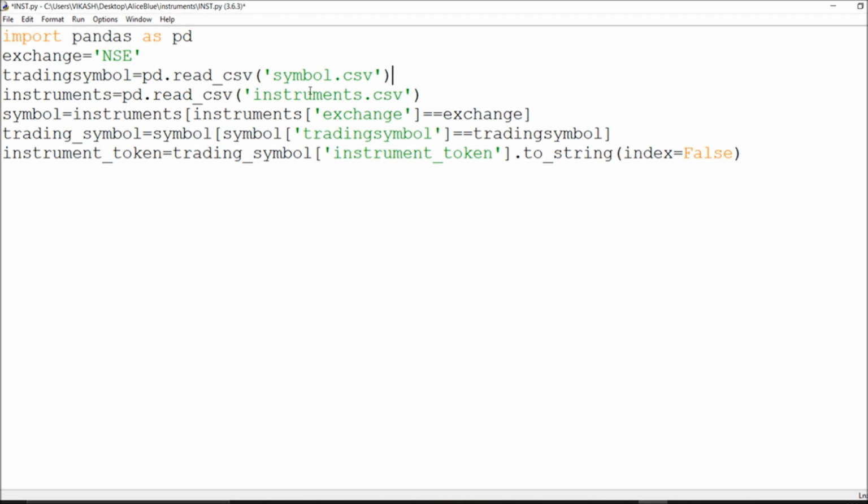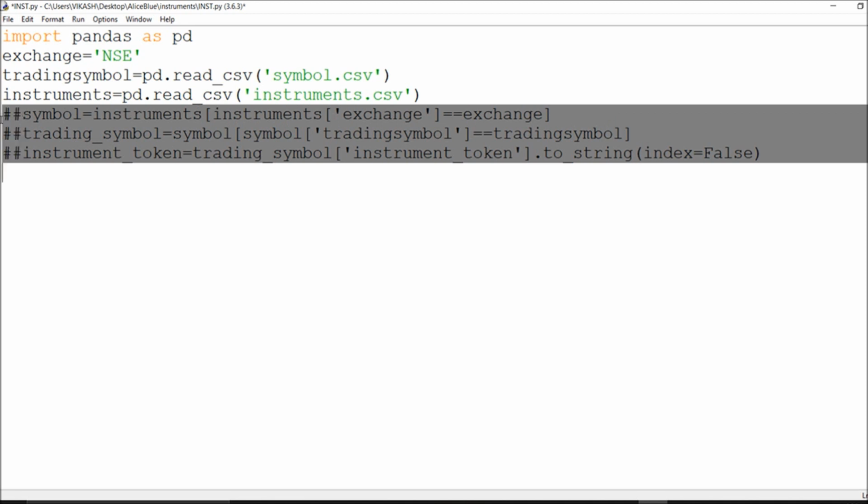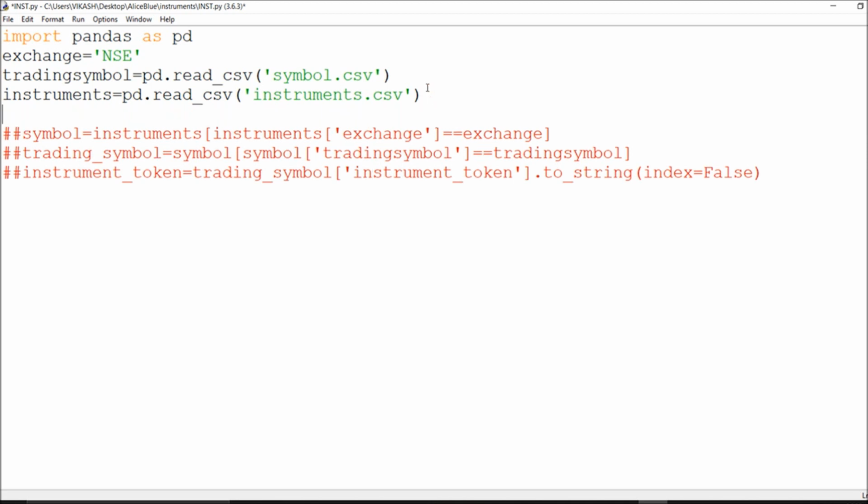This is the instrument token which I am reading right now, and with that one I will try to call from this. Okay, so if I read this trading symbol, I have to go through whatever list is there, from for, so we'll go with the for loop. It is very easy to call the stuff.